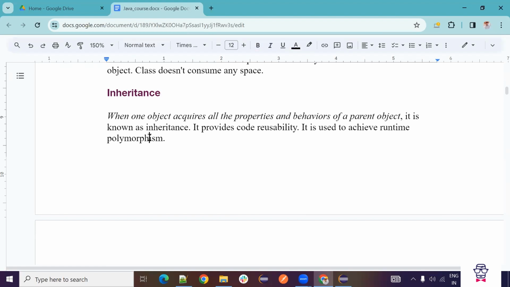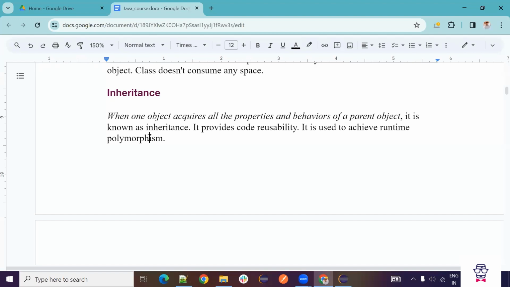So first one is inheritance. Inheritance means when one object acquires all the properties or behaviors of another object. For example, we have one class, and in that class we have two methods. And there is another class. So class A, class B. We have two classes. Now in class A, there are two methods, right?